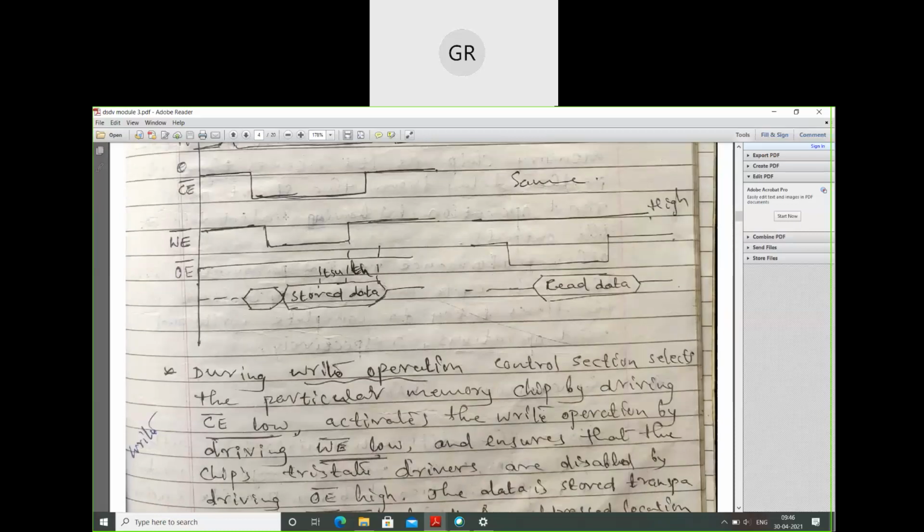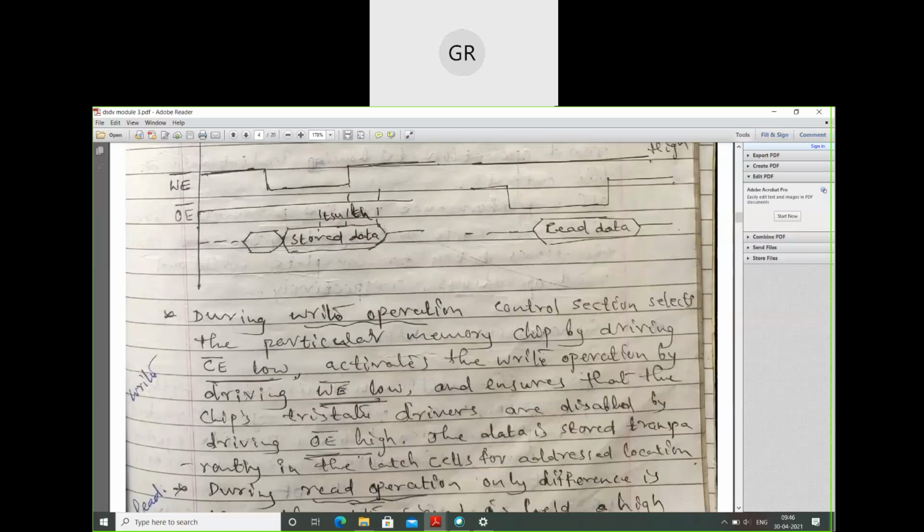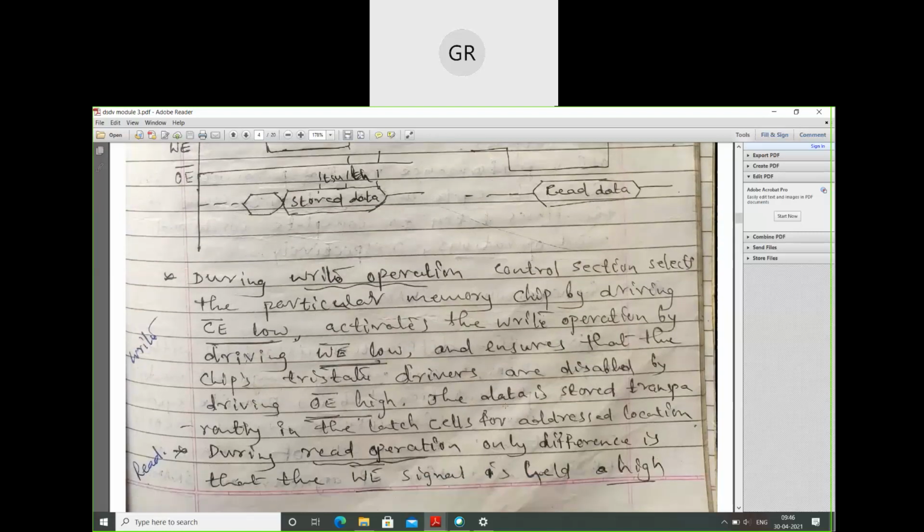WE bar is low during the write operation, and it ensures that the chip's tri-state drivers are disabled by driving OE bar high. The data is stored transparently in the latch cells